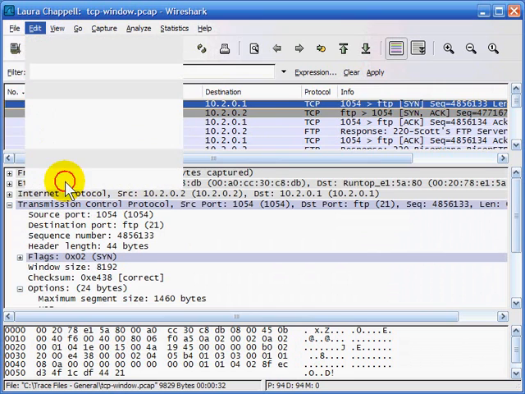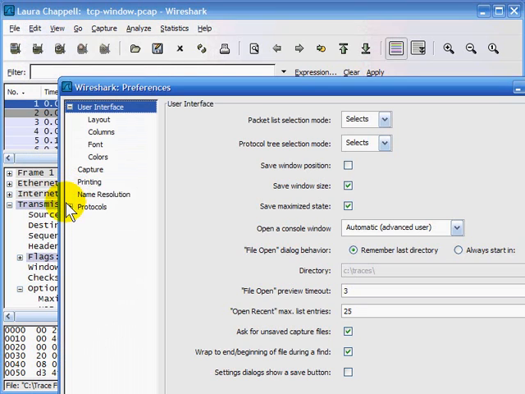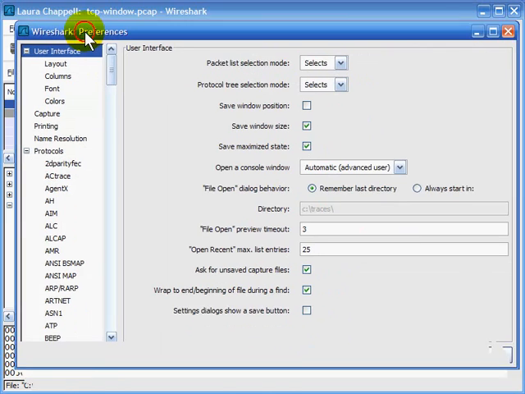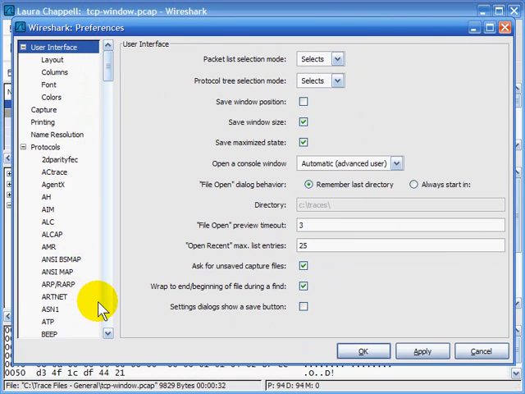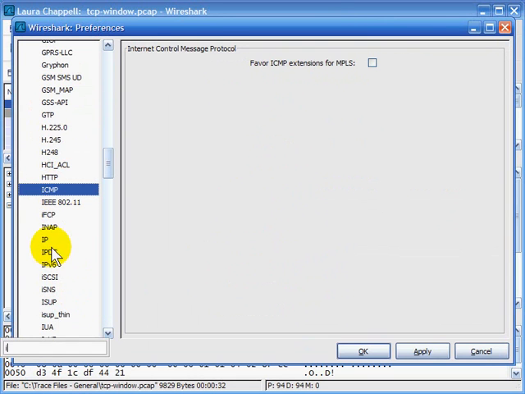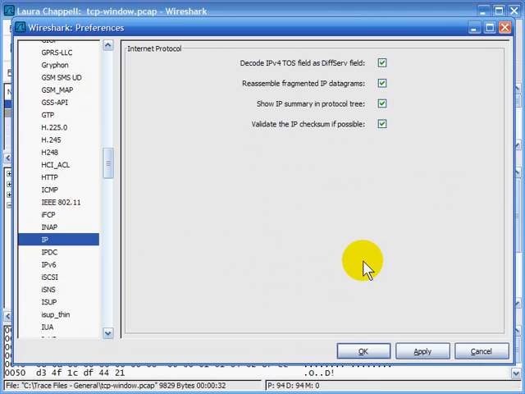Let's go back into the Edit Preferences area and look at some of the other protocols that you can configure in the Global Preferences area. So now I'm back in here, I'm going to look at IP. Now you have some areas in IP where you can affect the processing as well. Reassemble fragmented IP datagrams. The default is on, and I can open up a trace file and show you what this looks like now. So I'll close this window down,